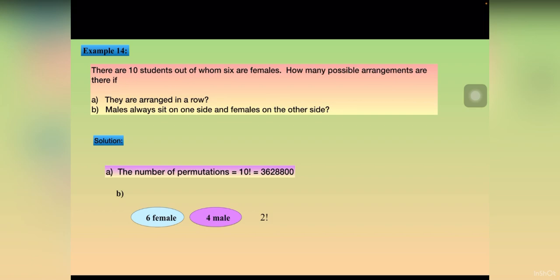That's why we have to multiply by 2 factorial, because the males can be on the right or on the left. So the permutation is 2 factorial, standing for left or right of the males. And the 6 females can also interchange places, and so can the males. So therefore, altogether this is 2